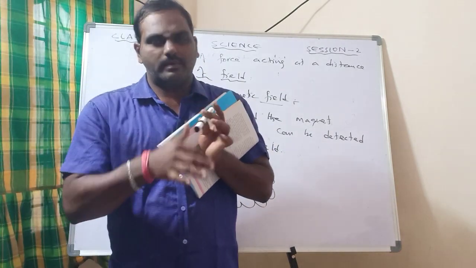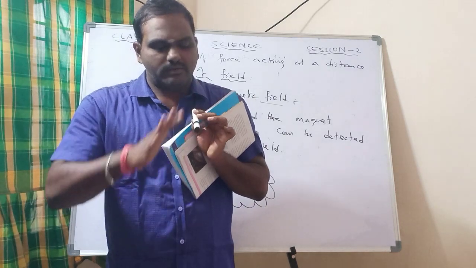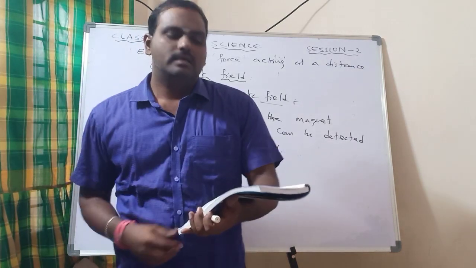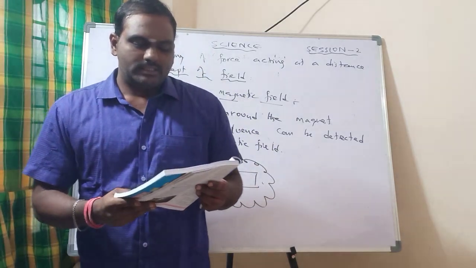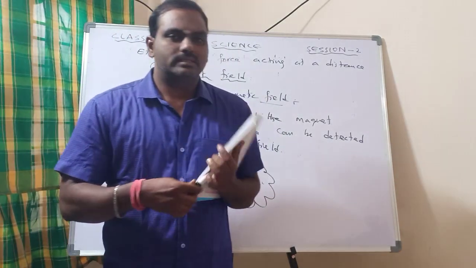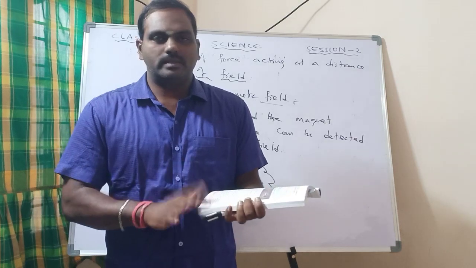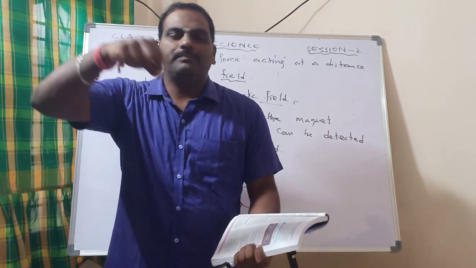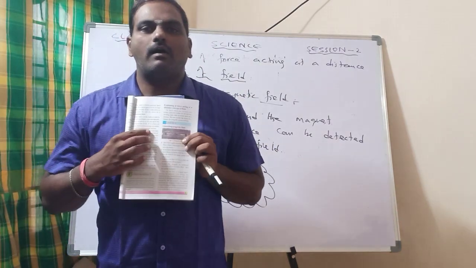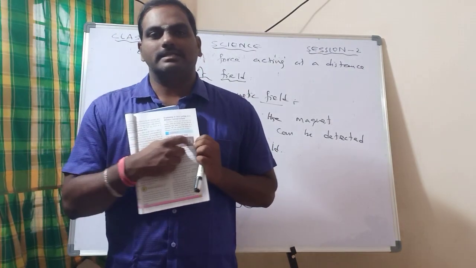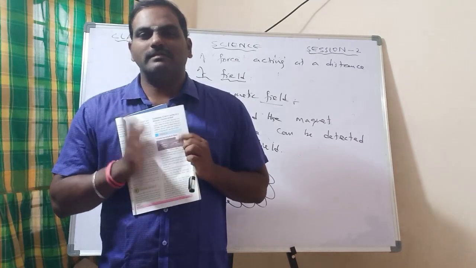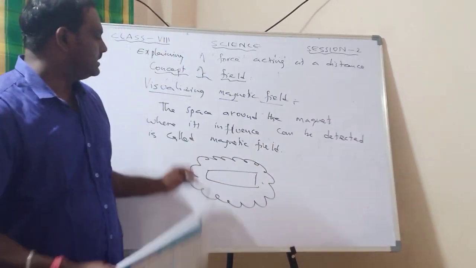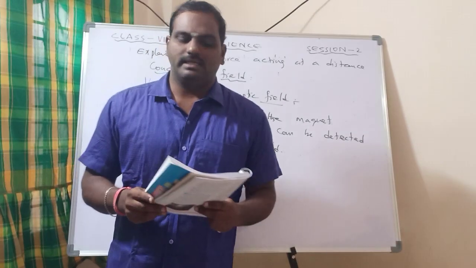Then on that part it will attract. Then you take it off and collect it. Now that should be sprinkled on the paper. After that, what we have to do is tap it. If you give a little force to the table, automatically all the iron pieces will come in this direction. In this direction it will come. Why will it come like that? Because of that magnetic field, right?